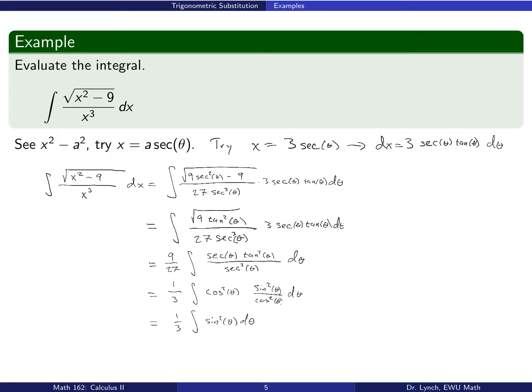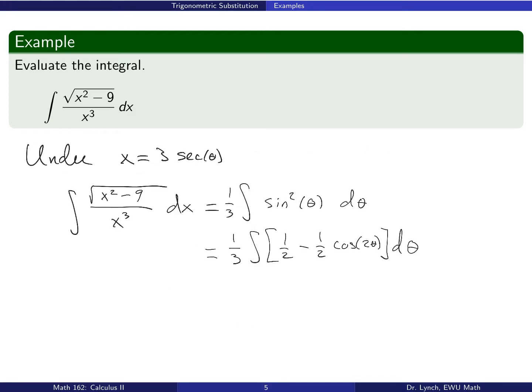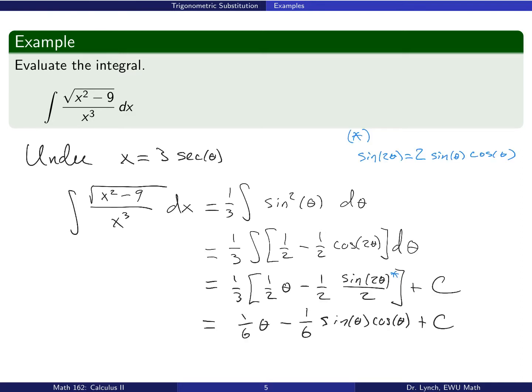Let's go ahead and summarize here. Now we know how to deal with all even powers of sine or cosine. We know that we need to use a half angle formula. So here's that half angle formula. Sine squared becomes 1/2 minus 1/2 cosine 2 theta. We can integrate that pretty quickly to obtain a term involving sine of 2 theta and also a term involving theta. So with the additional substitution, sine 2 theta over 2 equals